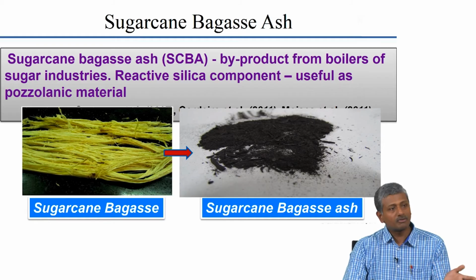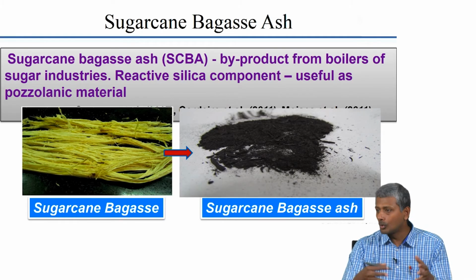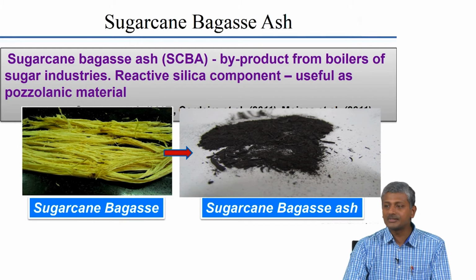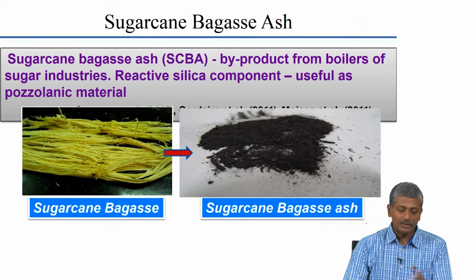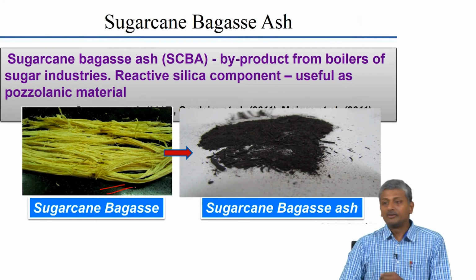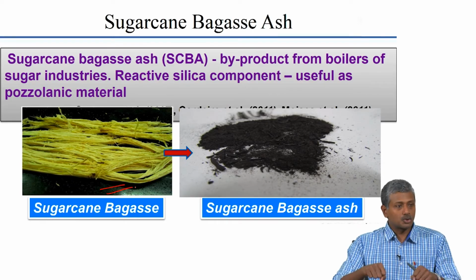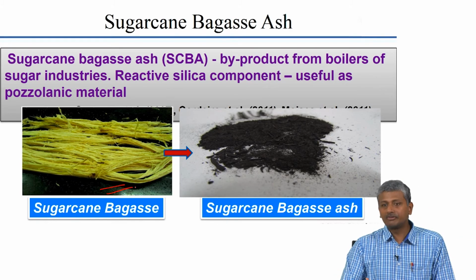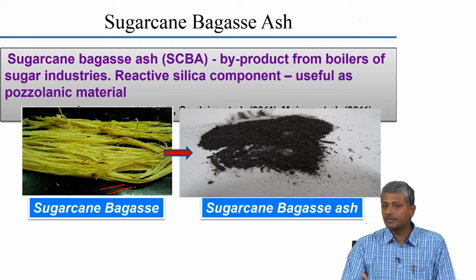Now, coming from that, we can actually try and adopt more local means of reducing the cement clinker usage in concrete also. And one of the local means is the use of sugarcane bagasse ash. So, the bagasse is basically the fiber that is left behind after you crush the sugarcane and extract the sugar. Okay. So, the bagasse fibers have very good calorific value. So, they can be burnt quite nicely in boilers, and a lot of heat can be obtained by burning, which